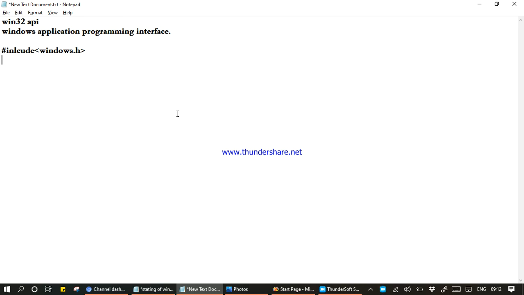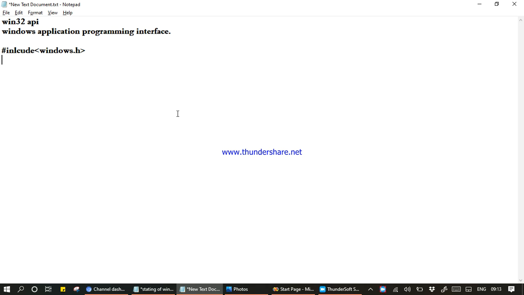Before going with Win32, you must know about C language, because in Win32 we are using some predefined classes, functions, etc. All these are present in C language, like switch cases, structures, functions, macros, and some data types. Without knowing C language, it is very difficult to understand and develop Win32 applications.